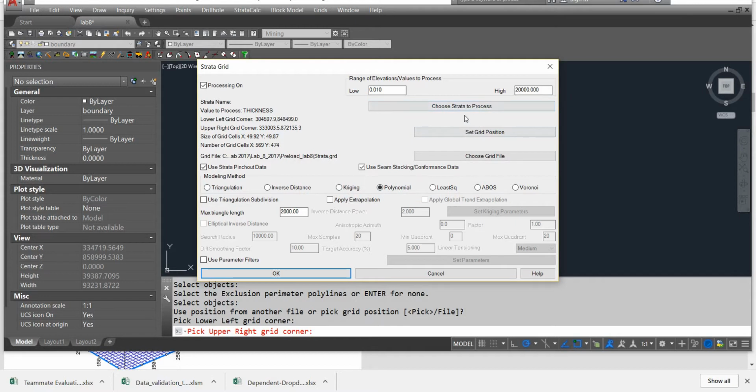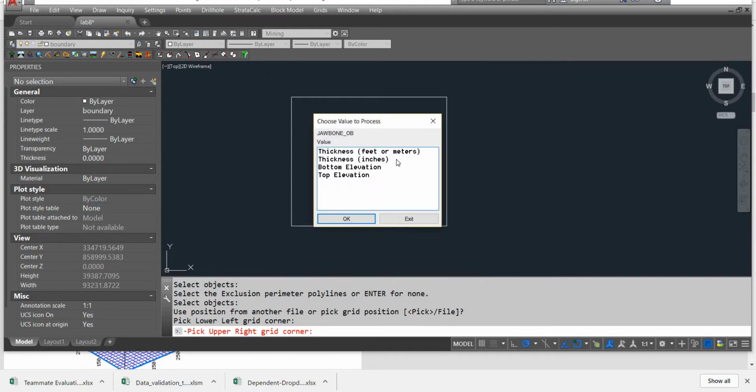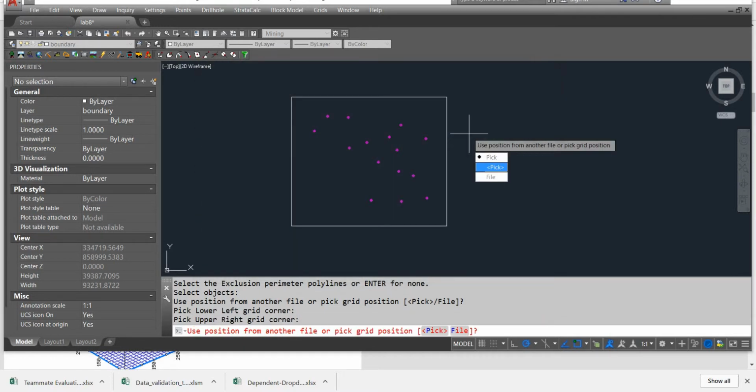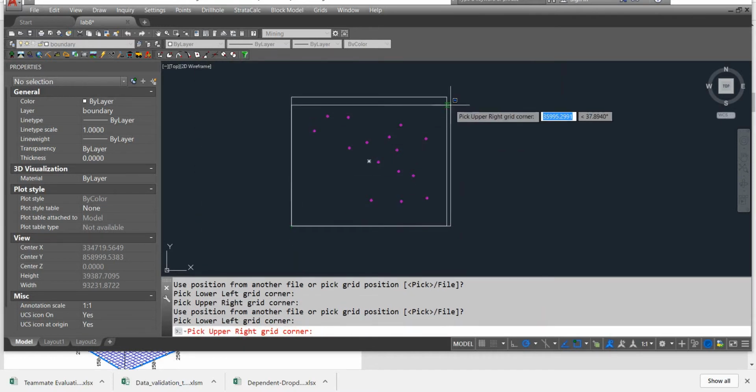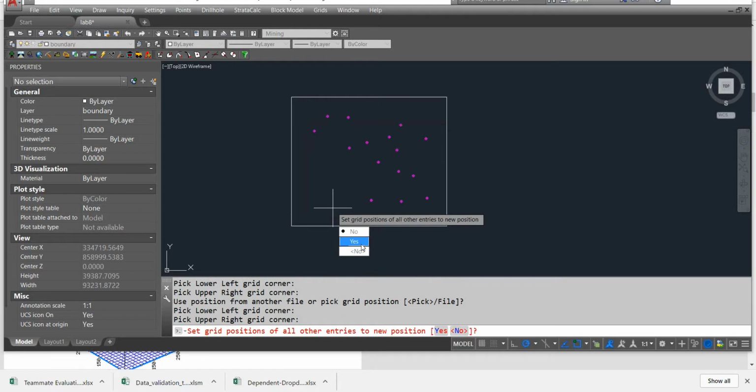Okay, I forgot to select strata to process. Select both of them. Click OK and separate thickness based on feet and grid. So I pick it from down here to top there, and dimensions of a cell is 50 by 50. Click OK, and what it asks is to set the grid position of all other entries to the new position. So you go ahead and click yes,